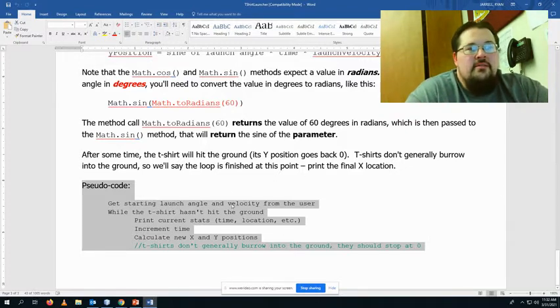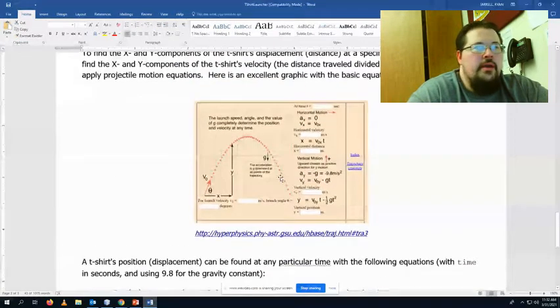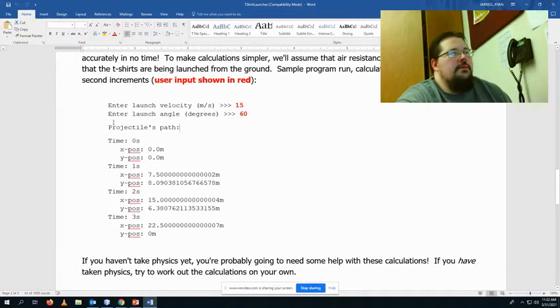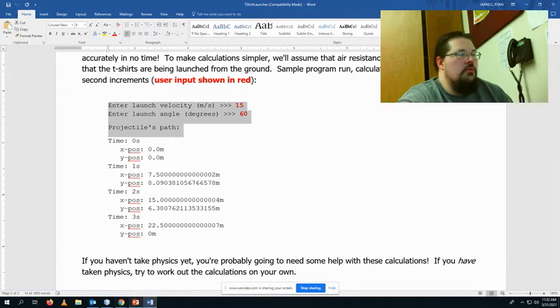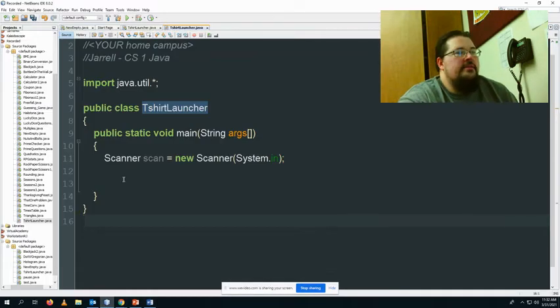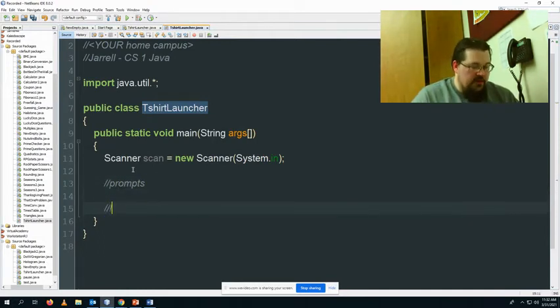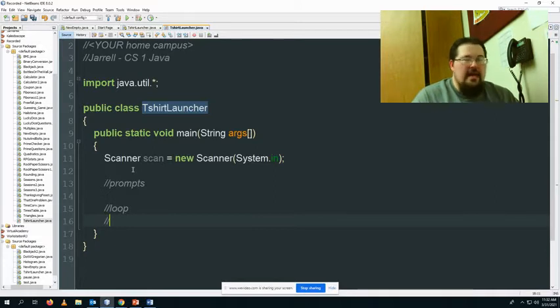So we get the prompts from the user, we create a value while it hasn't hit the ground is our loop, and then inside the loop we do all these things, okay? So this is where we're going to get a lot of our information from, and I'll just copy this stuff right now because that's where we'll go. All right, so to recap the pseudocode, we've got our prompts, then we've got our loop. Inside, we have to do a few things. We have to